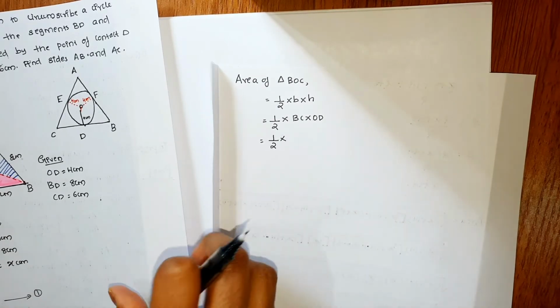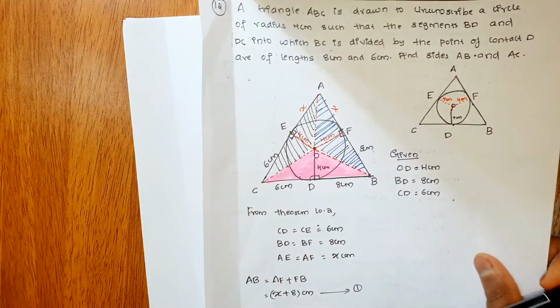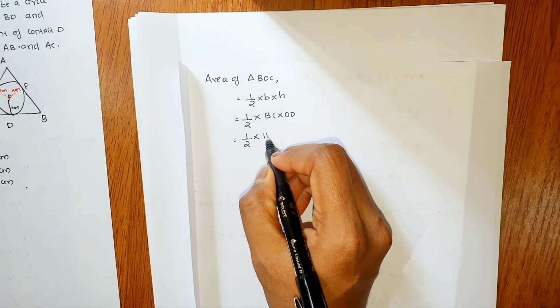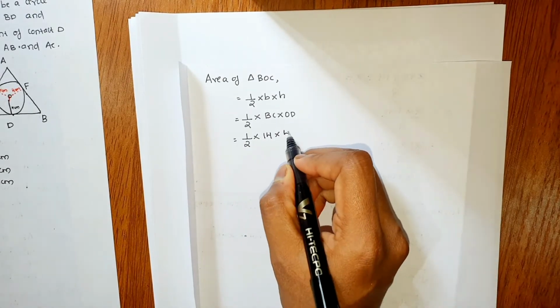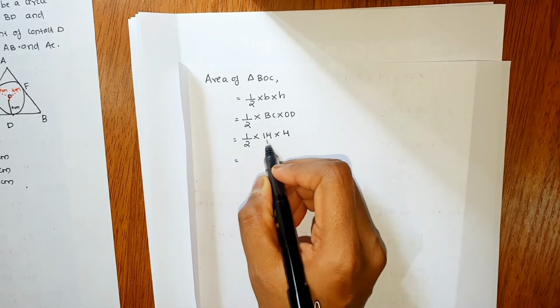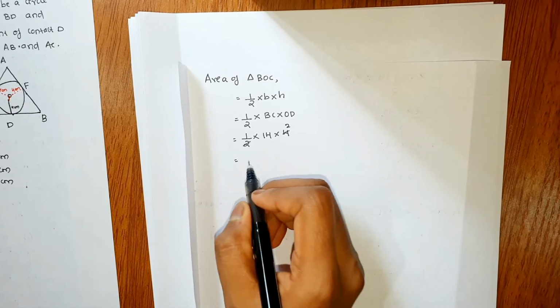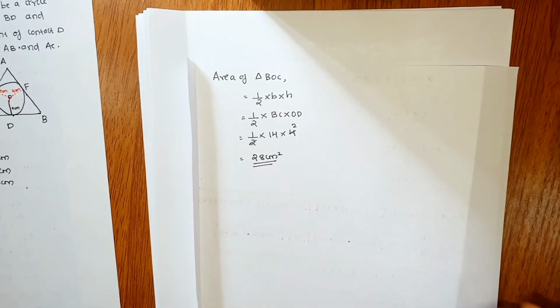BC is 6 plus 8 centimeter. Here BC is 6 plus 8, that is 14 centimeter. Okay. So half into 14 into OD. OD is the radius, that is 4 centimeter. So half into 14 into 4 is 28. We got 28 centimeter square as the area of triangle